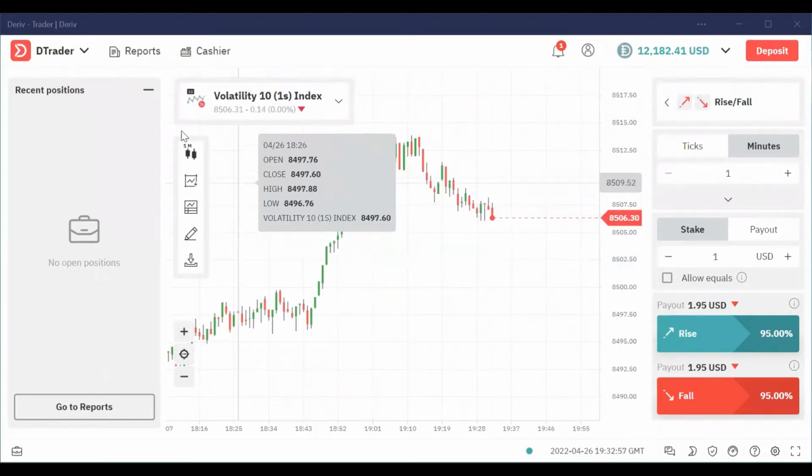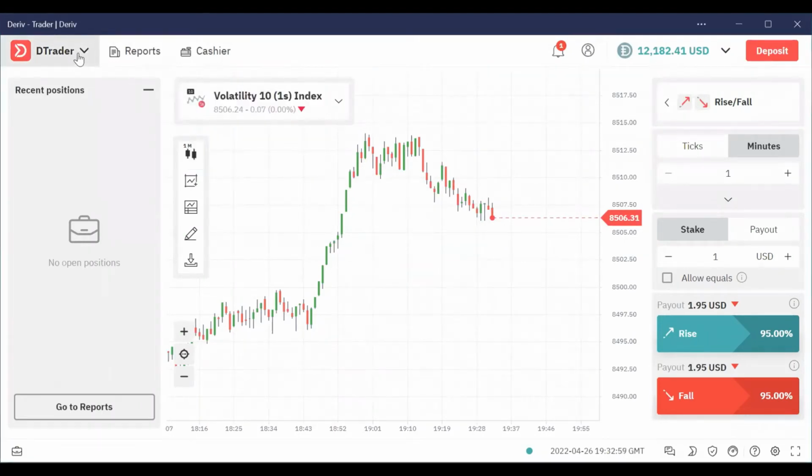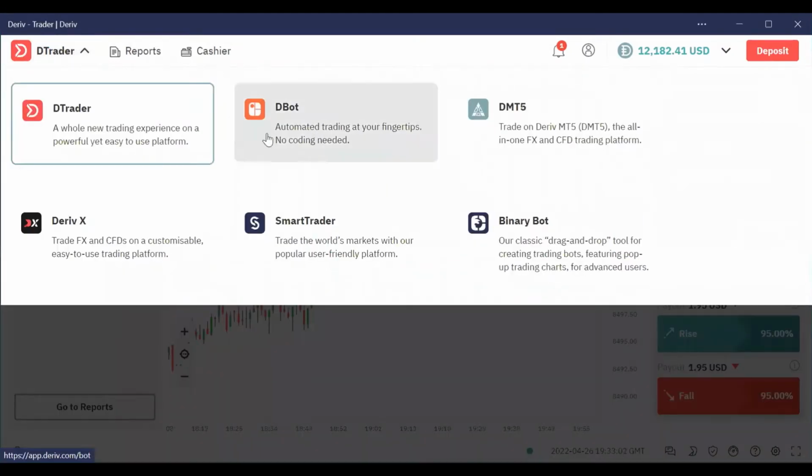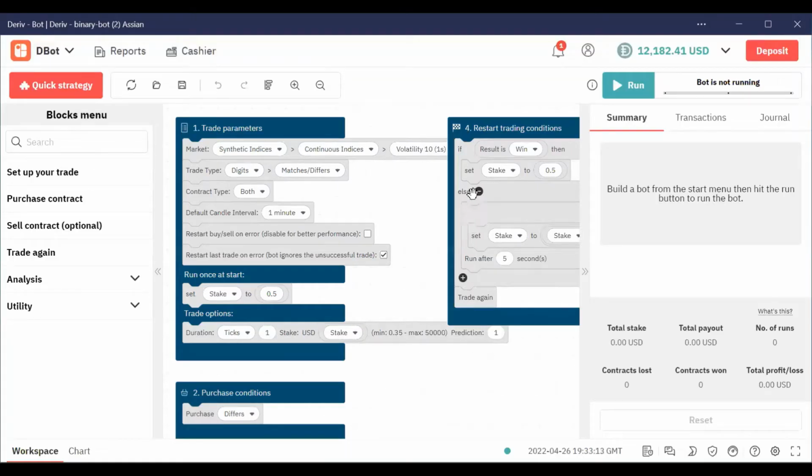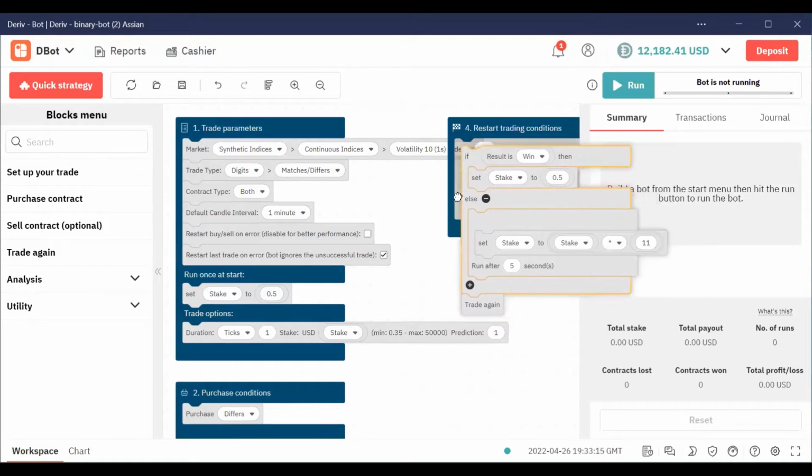Okay, so I will just go ahead now and change to the Deriv DBot. So you select DBot, that is trading with the robot, automated trading at your fingertips. I've already created the robot already, but in case